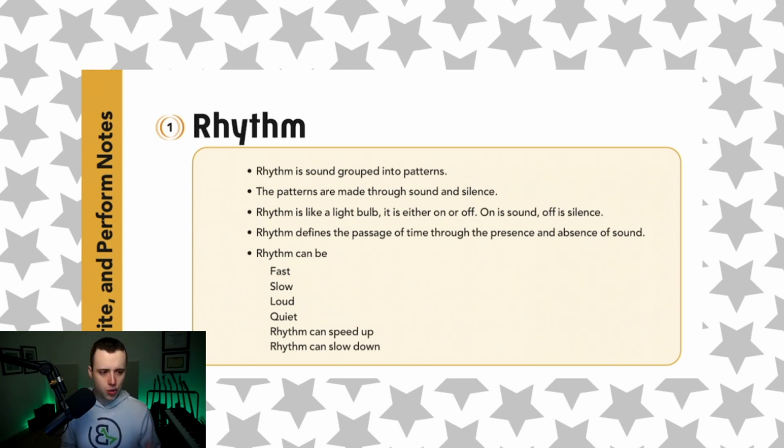So if you think about it this way, we're not going to worry about whether a sound is low or high. We're just going to think, okay, is there sound or is there no sound? Another way of thinking about this is binary, the computer language with ones and zeros. 1 is there sound, 0 is there silence. So when we think about rhythm, we're only going to think in terms of is there sound and is there silence? Not what kind of sound is there? We'll get to that later. We're just thinking, is there sound and is there silence?